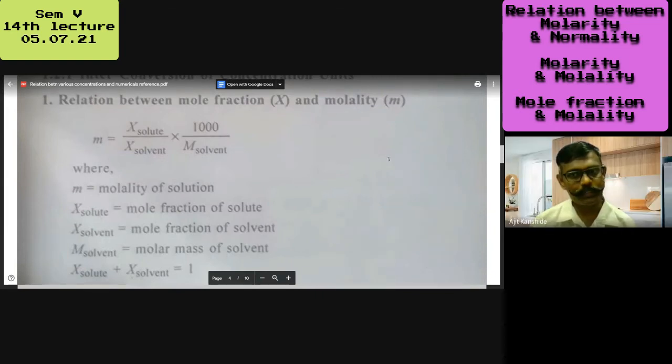Okay, good. Excellent, Alia. You have explained in detail. If you had shown a presentation on your mobile, that would have been more easily understandable. But I could sense that you did a lot of work with different equations. Students, are you following what Alia did? She wrote different equations, equation number 1, 2, 3, and then the relationship, division, and all, and then afterwards she came to the formula: molality is equal to mole fraction of the solute divided by the solvent into 1000 divided by the molar mass of the solvent.